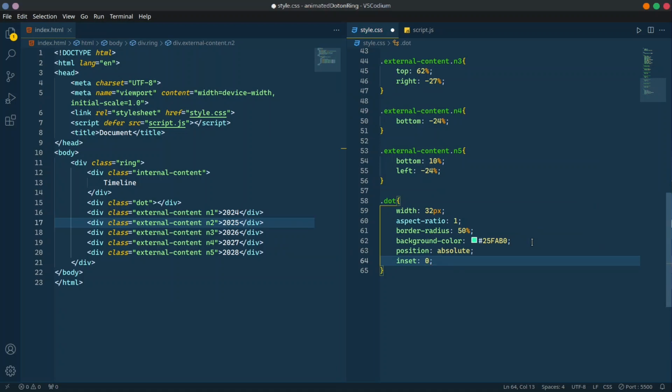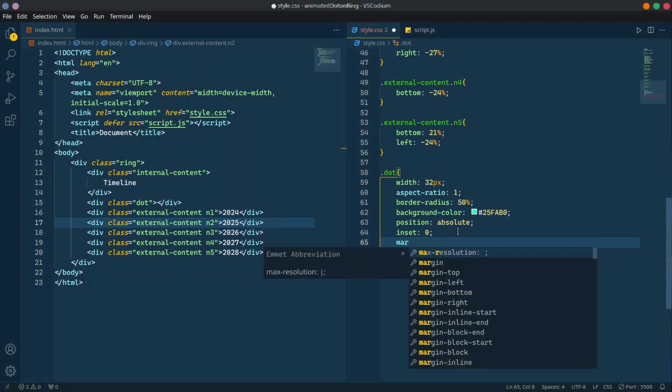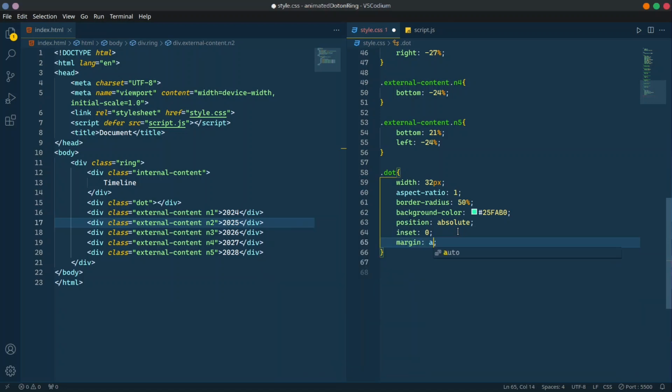Basically inset 0 is equal to saying top 0, bottom 0, left 0 and right 0. So instead of those 4 properties, we will use inset 0. It will set all those to 0. So we will use margin auto on our dot to center it on both axes.